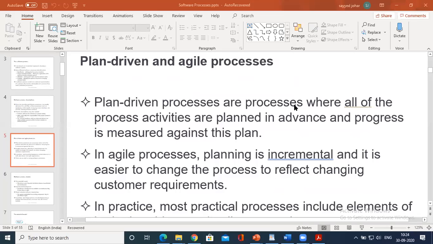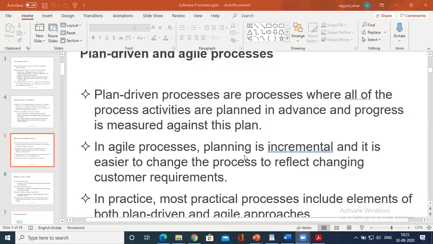Before I go to the waterfall model, in the plan driven process, all these concepts, that is requirement gathering, development, validation, are planned in advance and progress is measured against this individual plan.